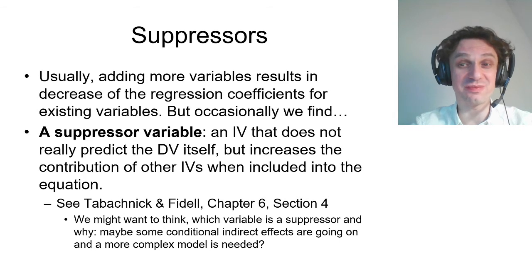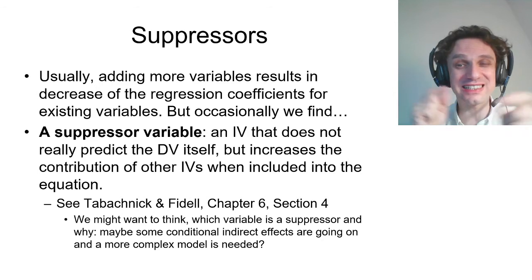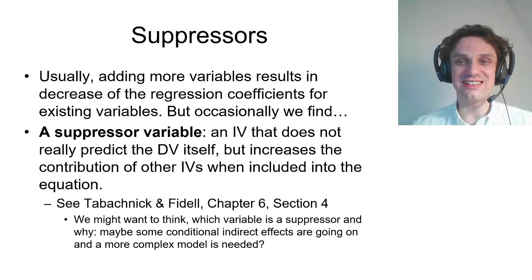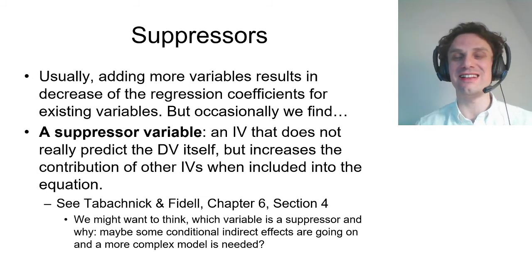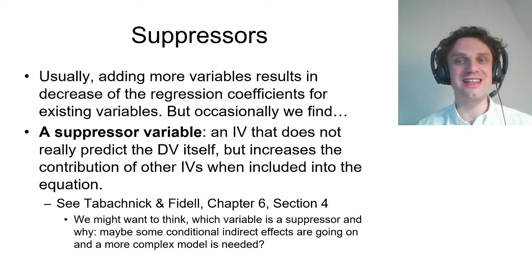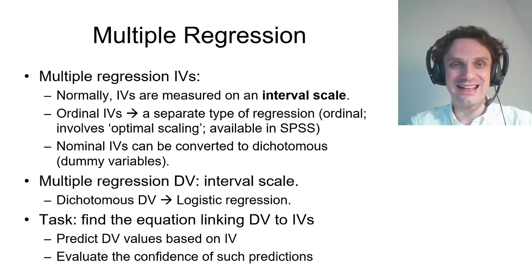It's a bit hard to explain in general, but usually the reason is that there are more complex associations between those predictors. They are not independent causes, but they are also dependent on one another. That's why when you see suppression, you can ask the question, maybe a more complex model is needed here than just a simple multiple regression. If you want to understand a little bit more about suppression, there is a nice chapter in Tabachnick and Fidell. And let's explore a little bit